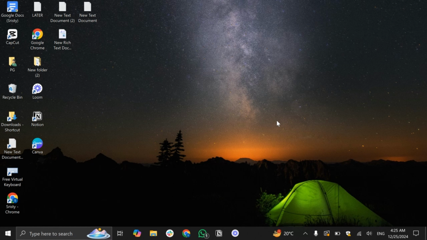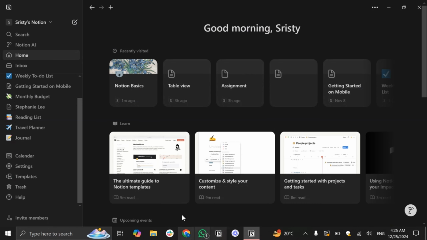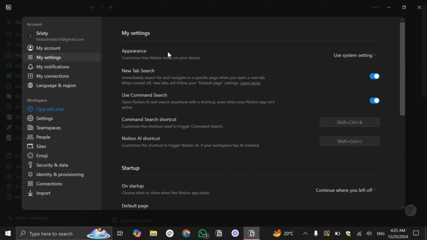So in today's video I'm gonna show you how to change themes in Notion, and that's so easy. So open the Notion app, and from here go to the settings option, and here you can see this appearance option, and here you'll find